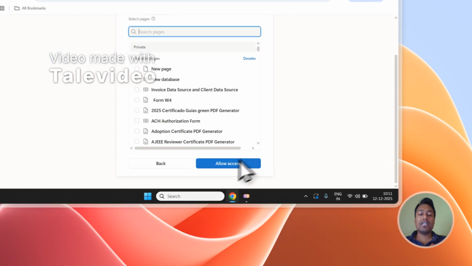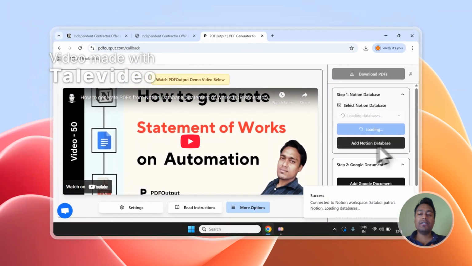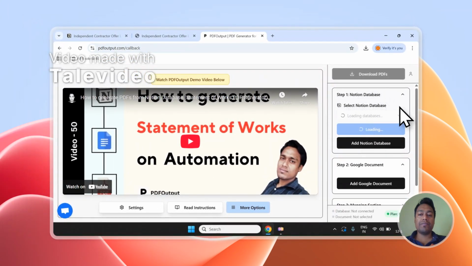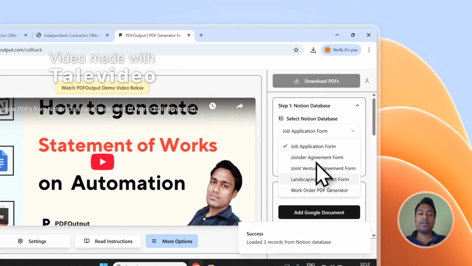Having considered all of this, let's click on allow access, and now we should have access to the database right inside this database selection window. So it should load up the database in this drop down that you see over here. So let us wait for a while as it is loading the same. And if you click on the drop down, you should be able to see the independent contractor offer letter form